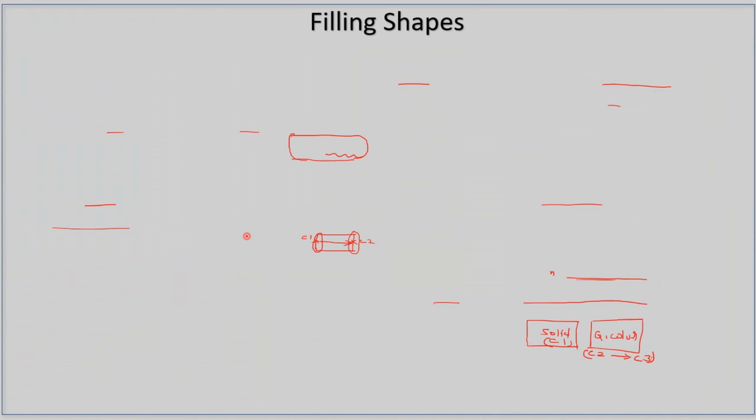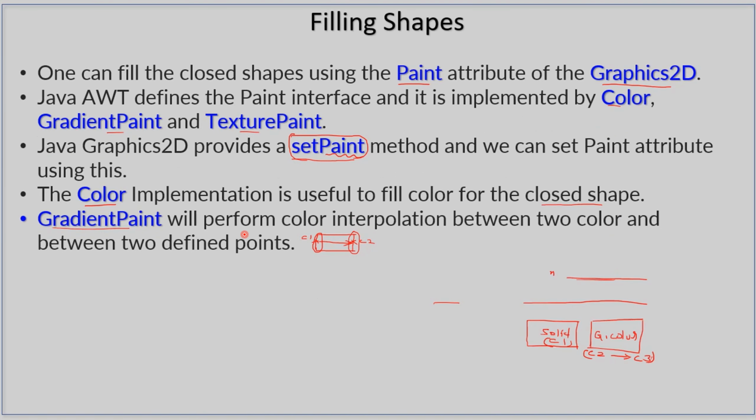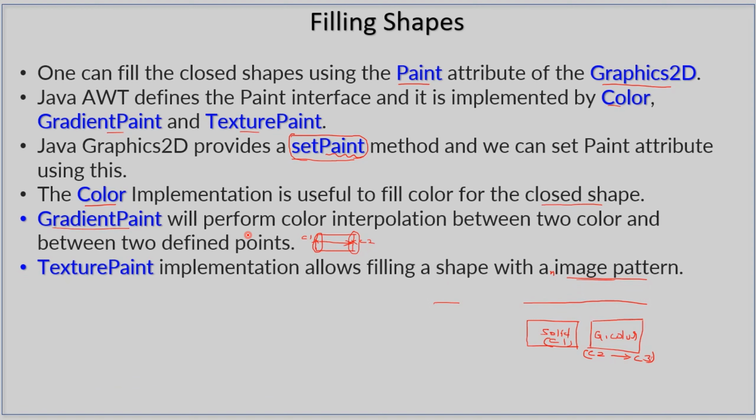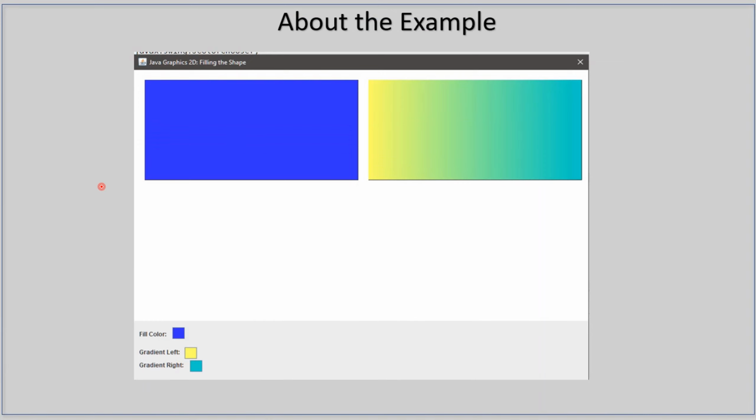In the previous video we talked about the basics of shape fill. Now we will talk about the example. Here if you see, this is a dialog, and this dialog contains a component called canvas, and in the dialog's bottom portion we have 3 labels and 3